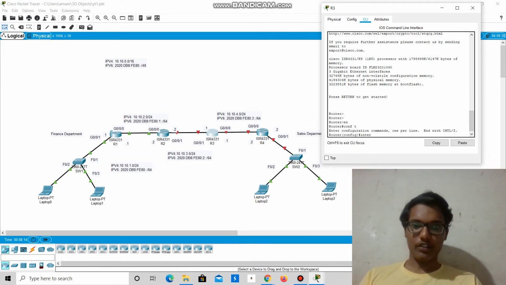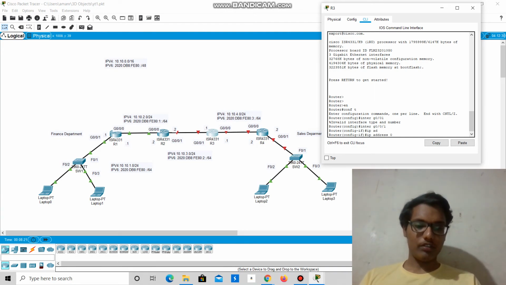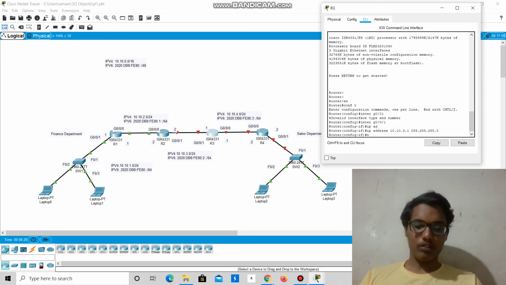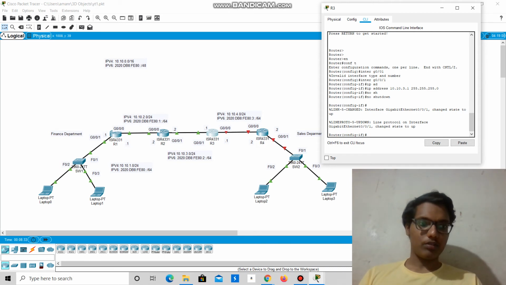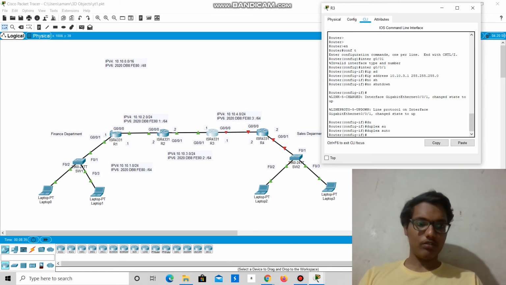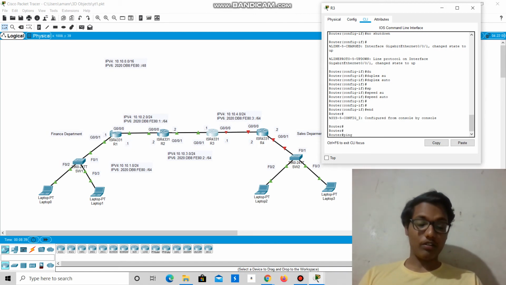Okay, now let us configure R3. We will go to interface 0/0/1, sorry, IP address 10.10.3.1 255.255.255.0, and no shut to change the state of the interface to up, and duplex auto and speed auto. Now let's check the connectivity between R2 and R3.